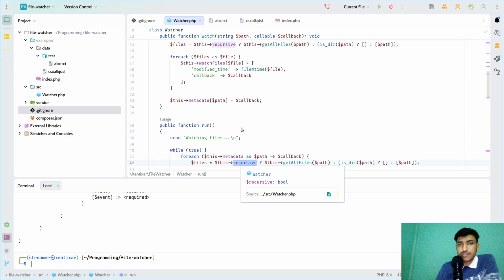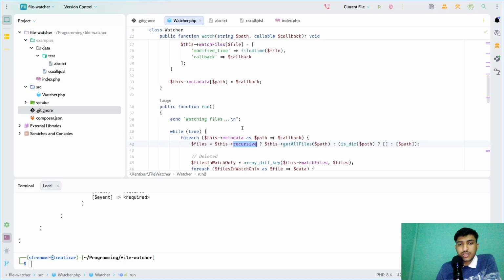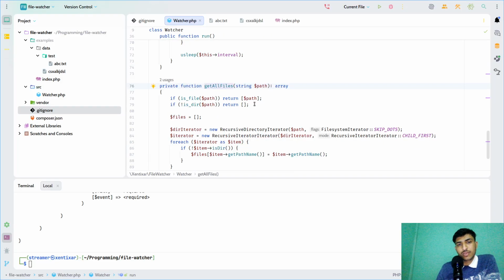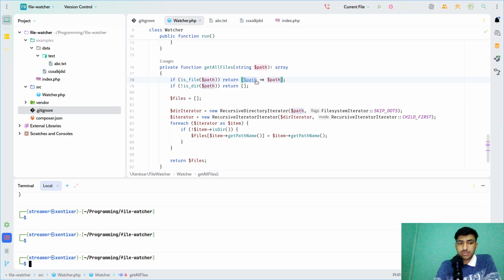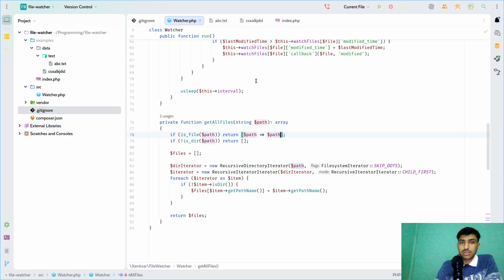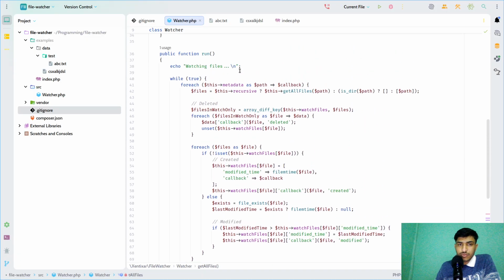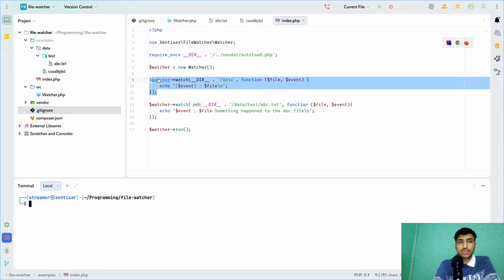If it's recursive, so in this context it is recursive. So instead of directly path, it should be path tends to path. Yeah, I think it's working fine now. See, if I just do these two, right? So